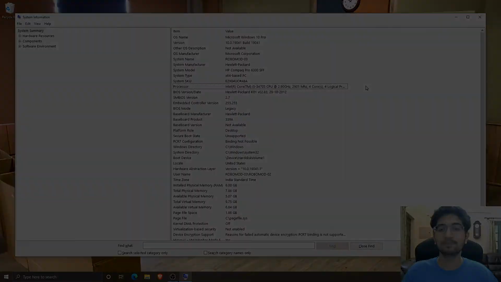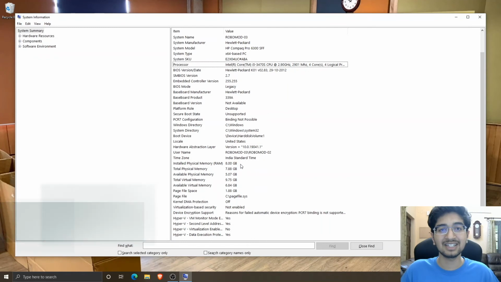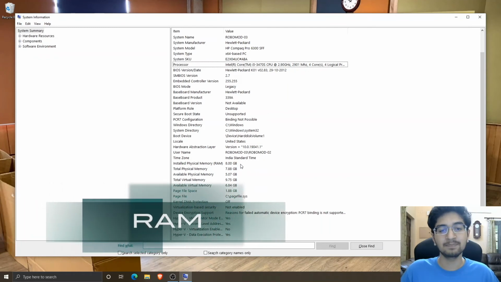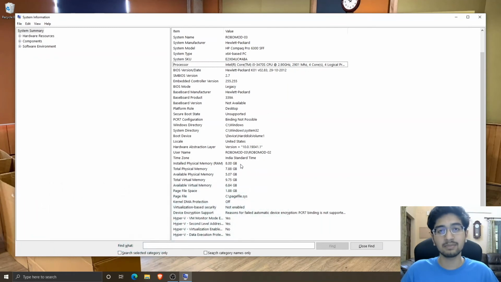that will be better. As you can see over here, the RAM is 8 GB, and that is the minimum recommended RAM. And to be on the safer side, it would be better if you have 16 GB of RAM, especially when you're running a lot of simulations on the same device, or if you're using heavy visualization based software like Rviz or Gazebo or MATLAB.